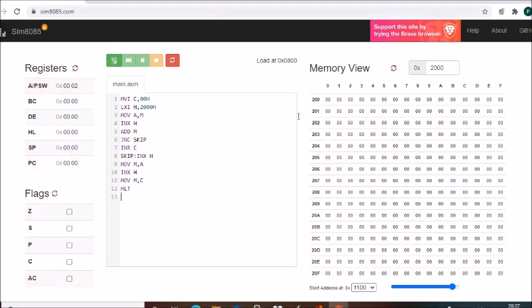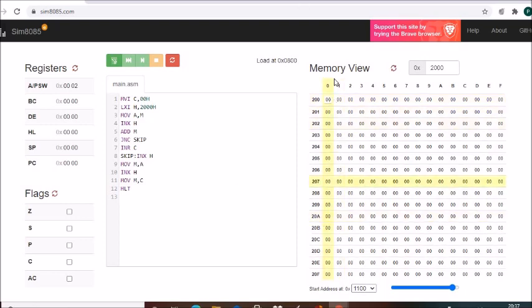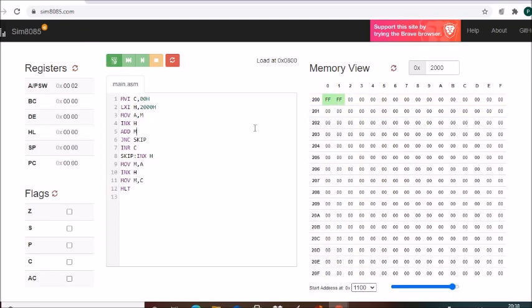Now before compiling and loading, we have to store the numbers, the two 8-bit data which you want to add. So let us store the data. Let's again take FF. You can take any data. I am taking FF. After you load the data, now let's compile it. Your code has been compiled and located in memory 0800. So at 0800 our program is loaded. Now you execute it.